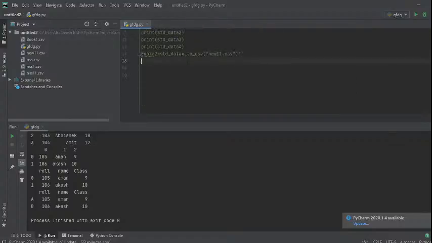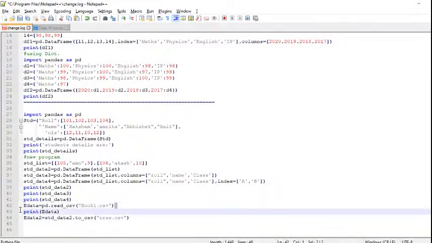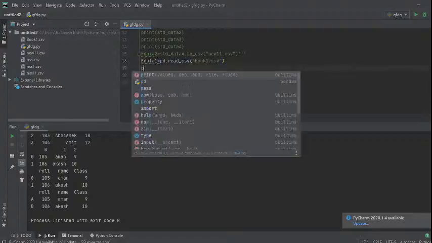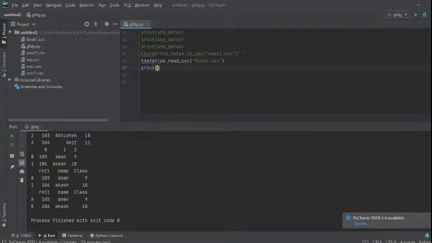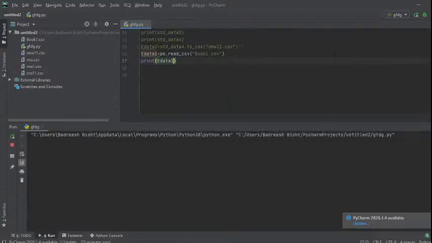So in this, now we are going to read that CSV, and also print that one, right? Only one small line of code you need to write, like edata1 is equal to book1.csv, and after that we are also printing that, print edata1. Now the rest of the program is commented. Now let me run this code.